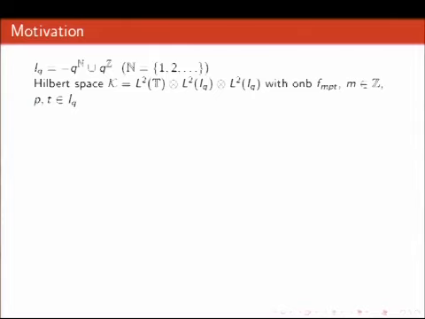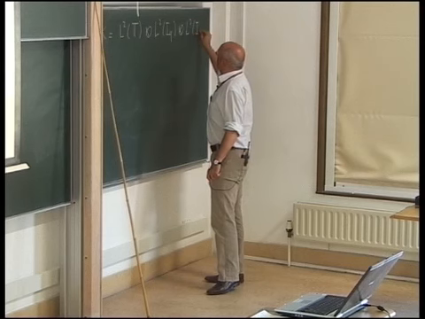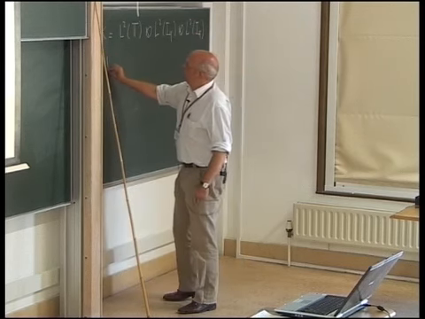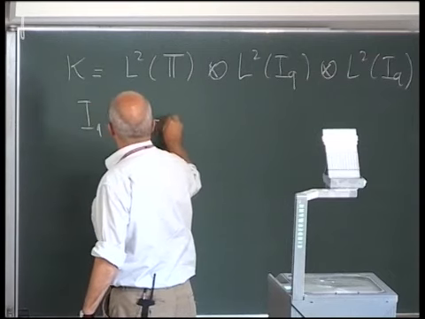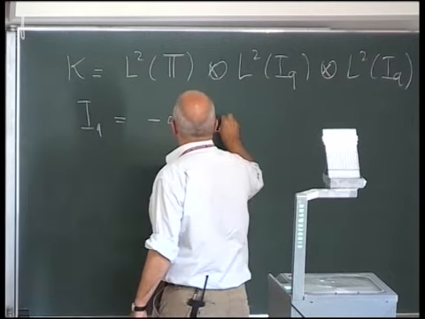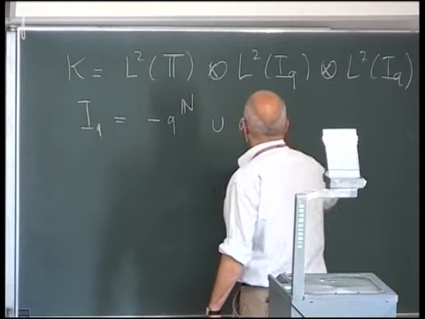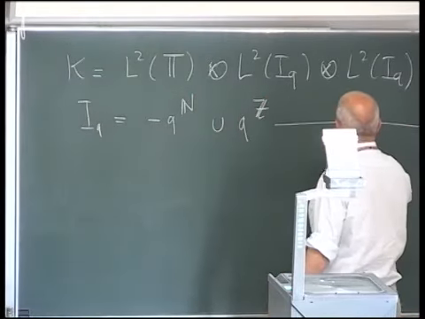So that now K, used to be L2 of G, is now becoming L2 of the circle times L2 of IQ, tensor L2 of IQ. And we'll also recall that IQ will be minus Q to the power N with Q to the power Z, so you think of these as points on the real line,